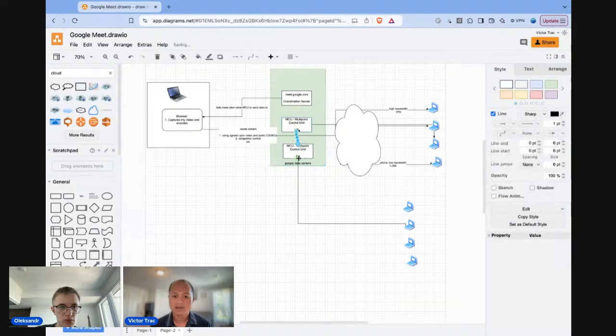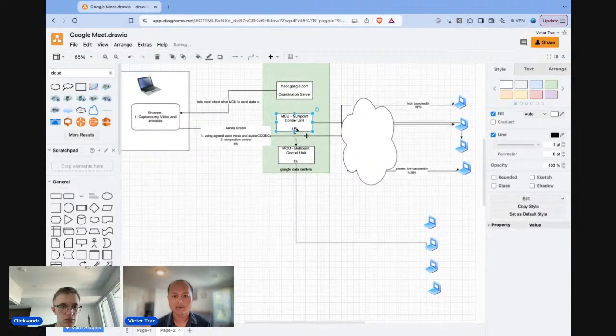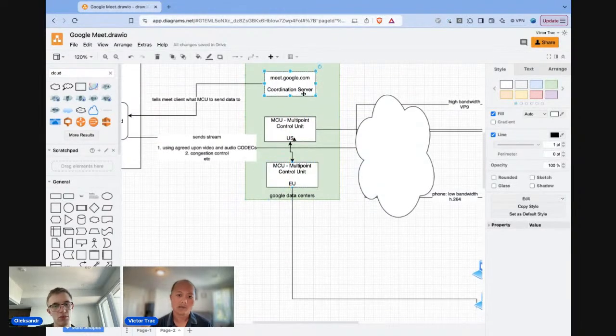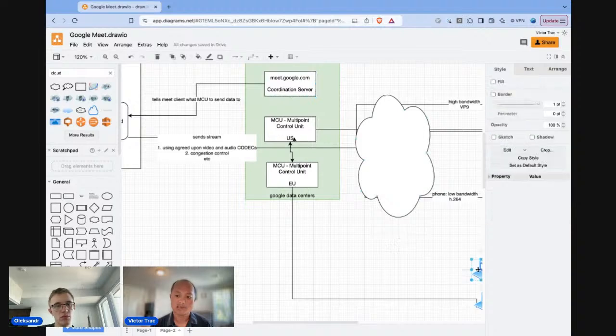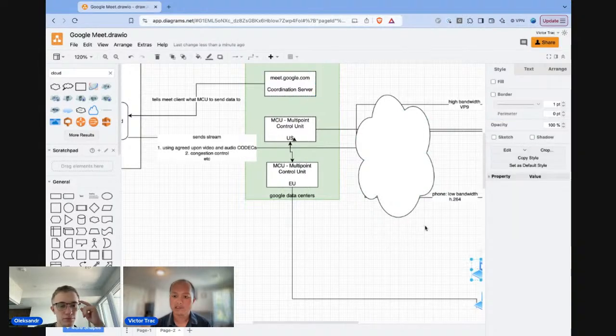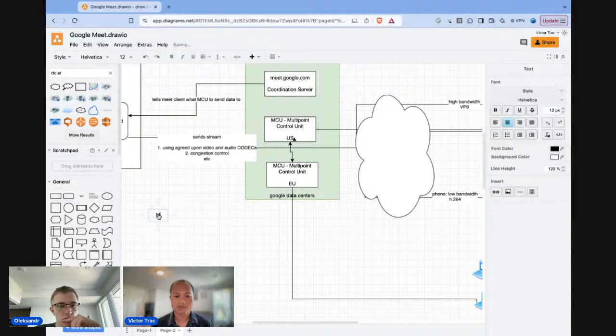So the MCU would stream from the US MCU for all the US users and send it to the EU, and all the EU users would be sent here. And the coordination server would tell these clients, when they connect to meet.google.com, to go to this IP or this region for the source of your stream, right? So the MCU's responsibilities are